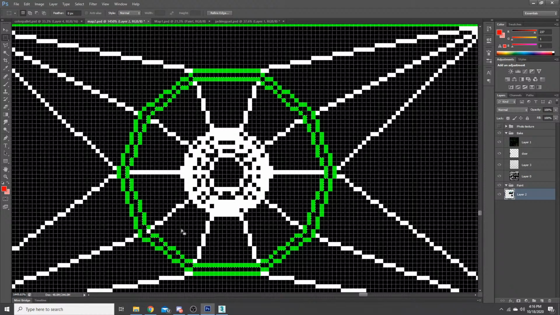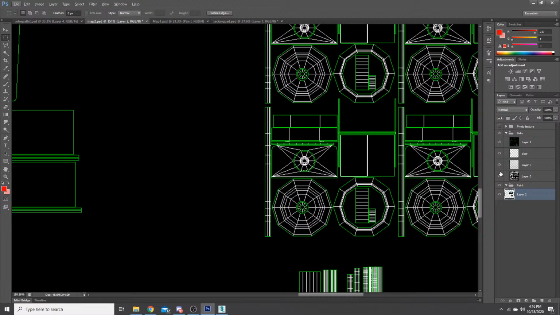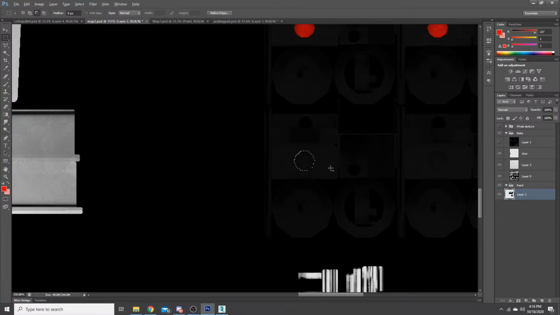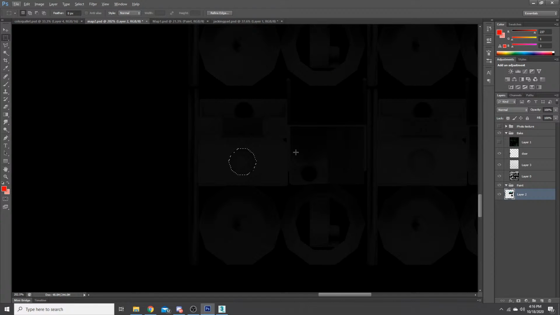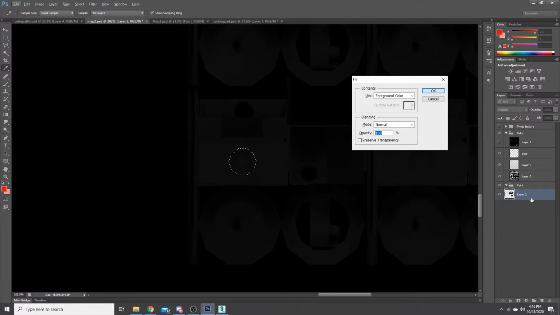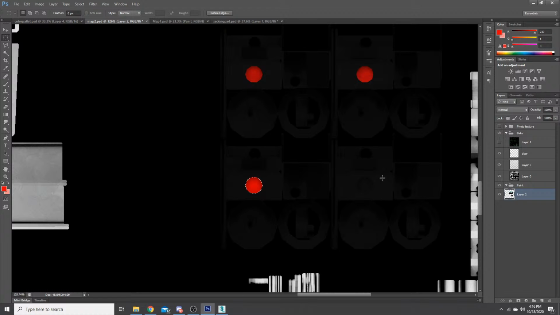Anywho, so we selected this and we're just going to quickly color that red. And you can kind of see how I did this. This was mainly just parts management when I did the mapping. Control F5, we're on the right layer. And I don't think we did that right.